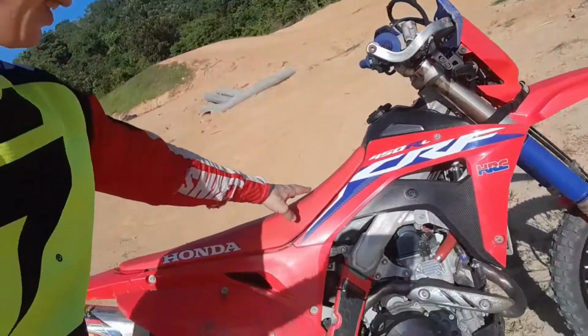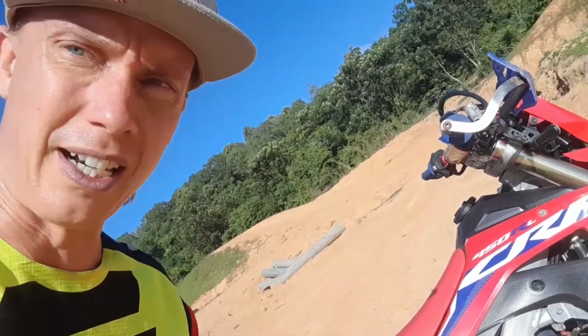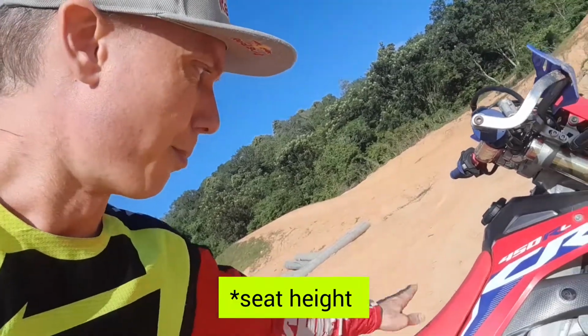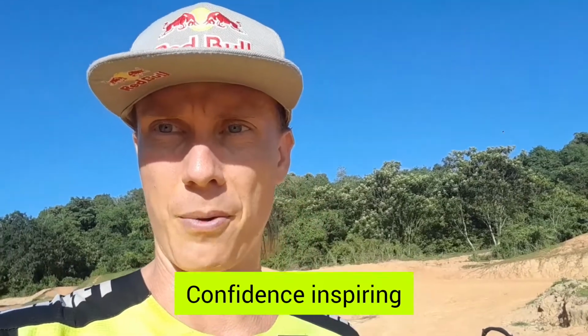And we also lowered the seat foam, just the standard seat cover and seat foam. We just had it cut off 3 centimeters, or a bit over an inch. So totally we have lowered the position of the seat 42 millimeters, which is almost 2 inches, which makes a huge difference in how easy it is to reach the ground, and it handles very good, and it's more comfort inspiring when you're riding enduro. So good stuff, guys. And in case you have no idea how to do these adjustments, let's get back in